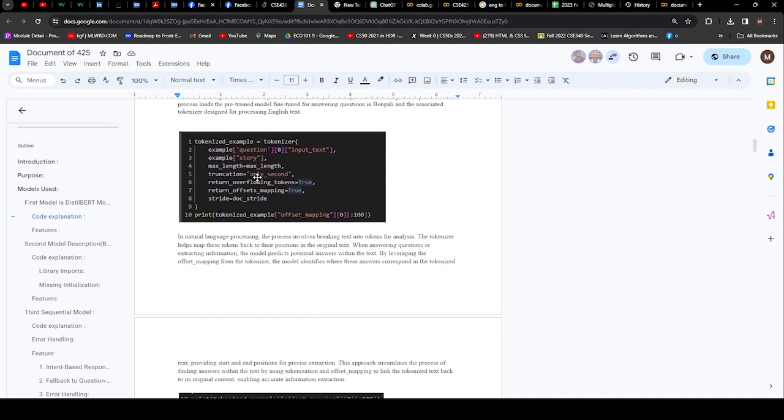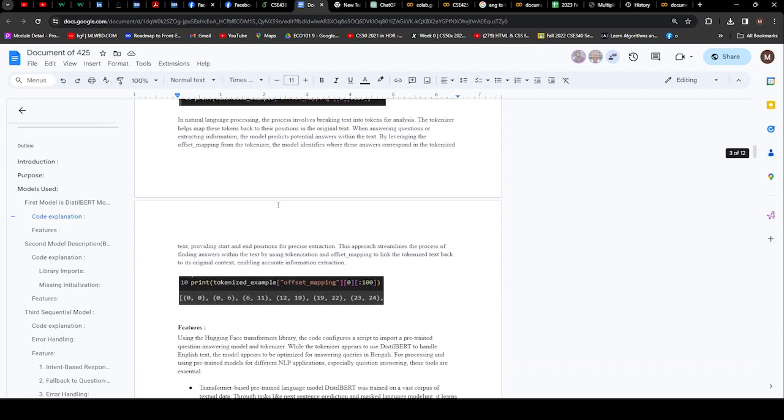And the utilization of offset features in NLP: text is tokenized for analysis, enabling the model to predict potential answers within the text, leveraging the tokenizer's offset mapping. And it pinpoints the answer start and end positions in the tokenized text,